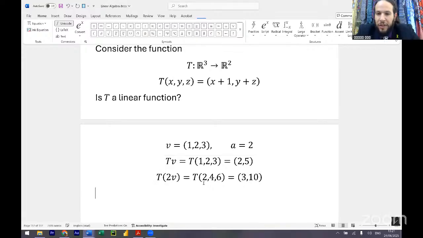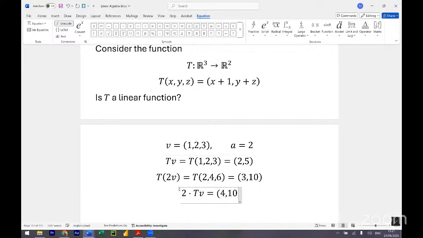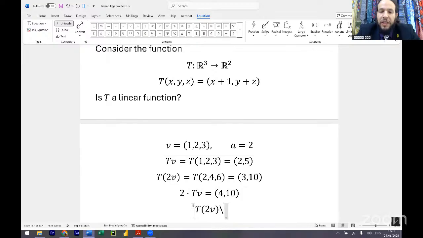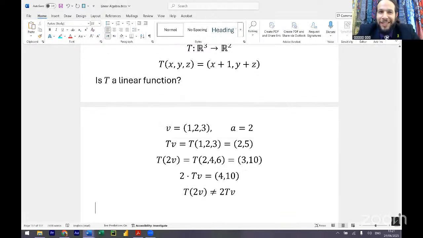Exactly. What is 2 times T of v? It will give 4, 10. Which is different. So T of 2v does not equal 2 times T of v, and therefore,